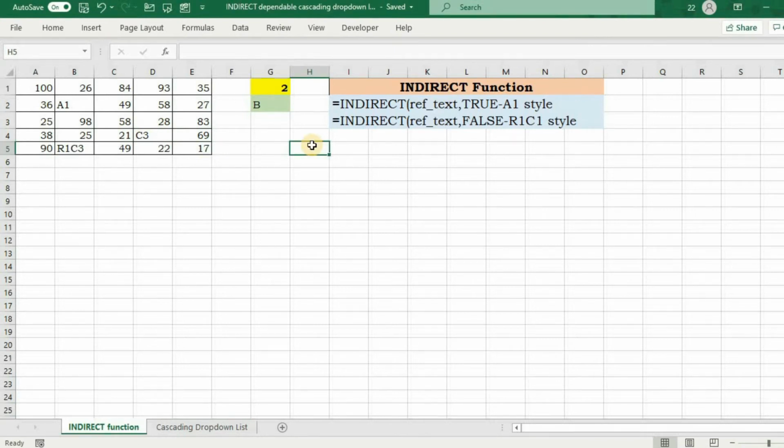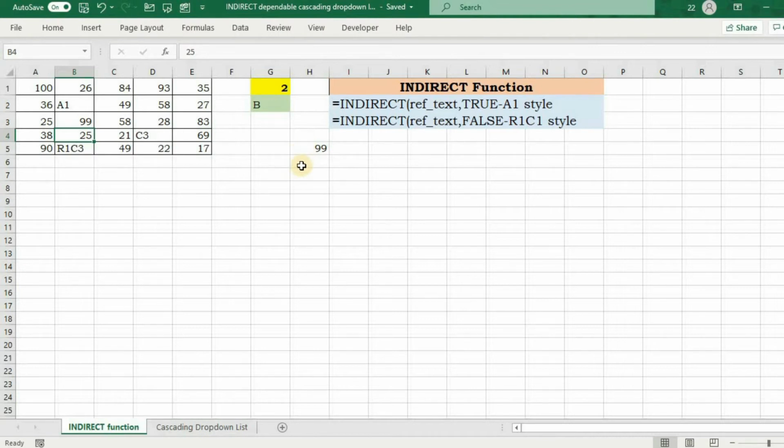If we want to refer to some data in some cell, we can simply put an equals sign and type the name of the cell we want to refer to. Like, if I want to refer to cell B3, I can simply type B3, and whatever there is in B3 will be referred to here as well. So if I change this data, accordingly this data will also change. This was very simple if we want to refer to some cell.